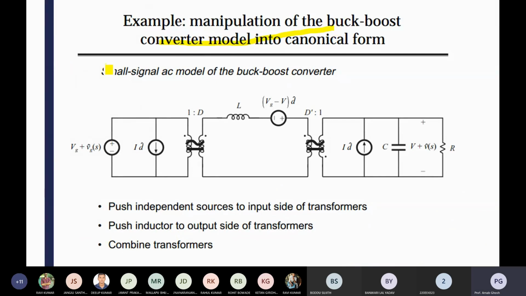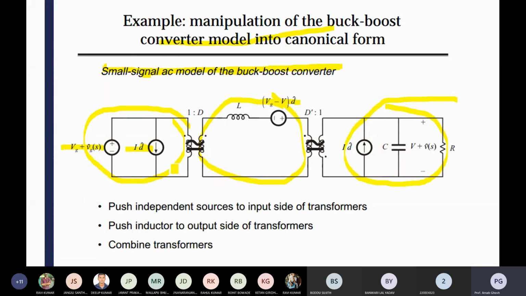So you know that the small signal AC modeling of the buck-boost converter is already defined. Here you know the structure of the buck-boost converter, it has already been discussed. That voltage source, then current source, and how it is coming. So this configuration is the input current, then inductor voltage, and finally capacitor current. So these three combinations are there. It is DC and AC, so first AC then DC. Both are present now, because part of the model is there, that's why both of the signals are there.